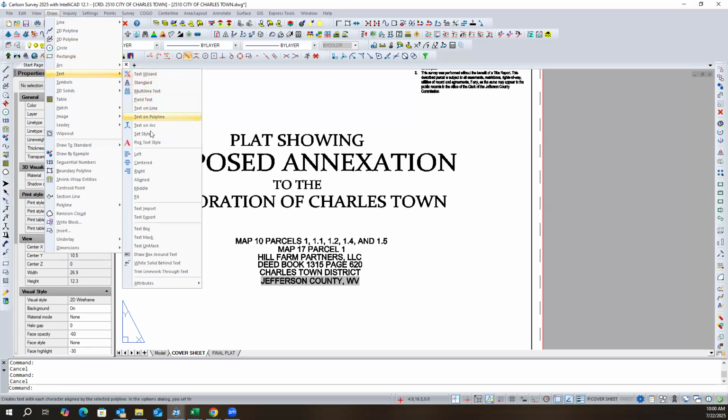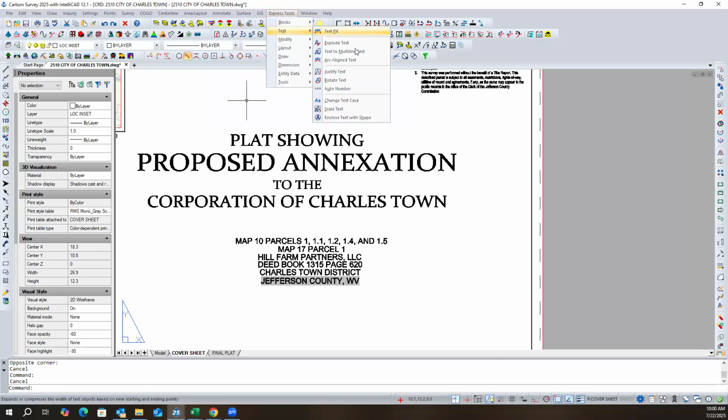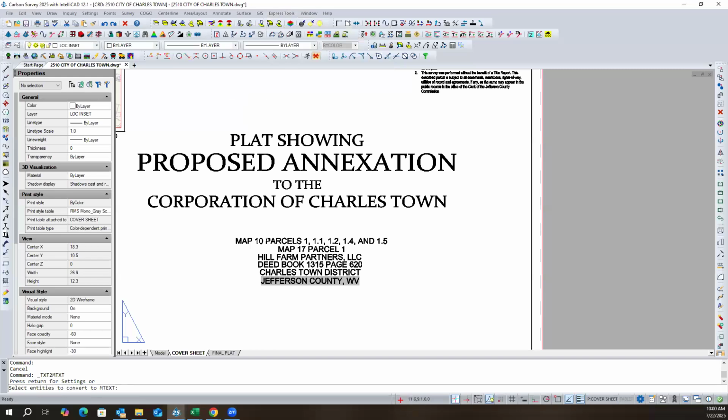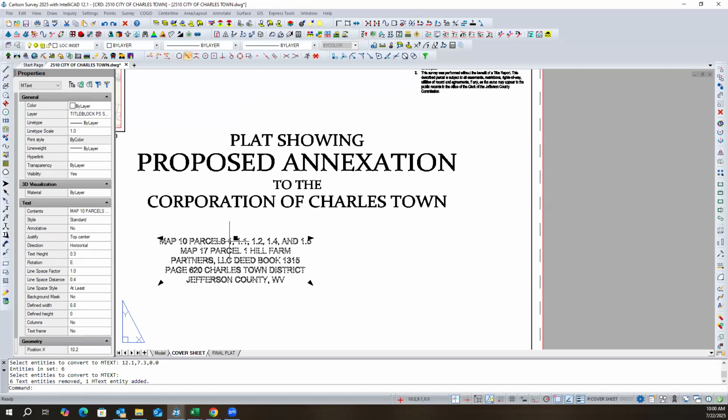So I'm going to choose, let's see here, multi-line text, but I want to turn it into multi-line text. That's going to be on my Express menu, Express tools. Text to multi-line text. So I want to go 1, 2, 3, 4, 5, 6. All right, so now